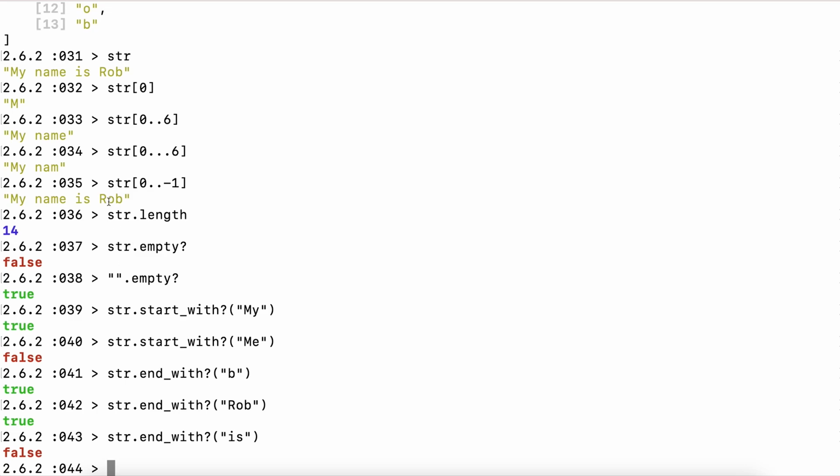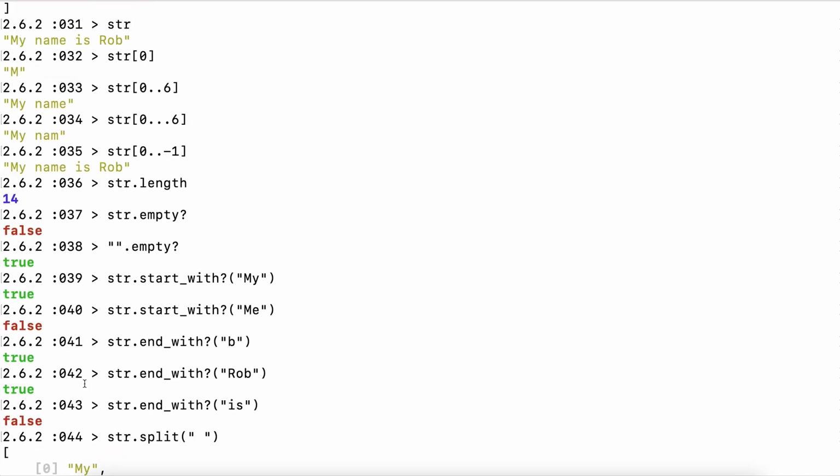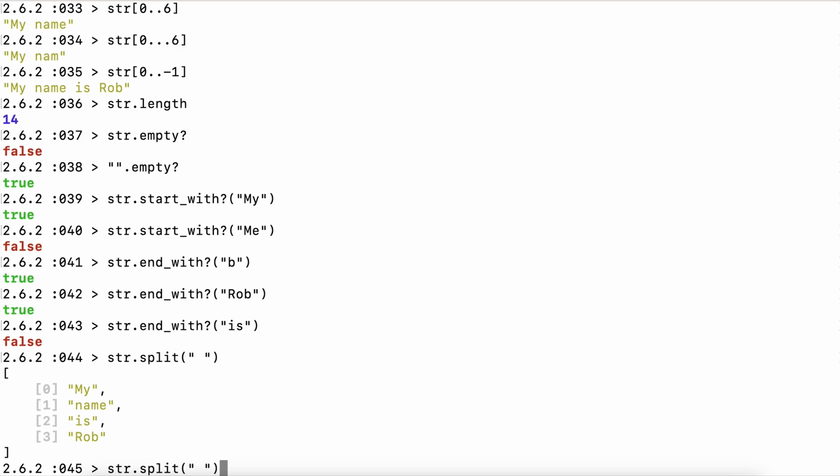We can also split the string into multiple parts by using the split method, str.split, and here we can use any character based on which we want to split the string. For example, if we want to split the string on the basis of space, we can use this space. So you can see that it returns an array in which the first element is my, and then the second is name, and then is, and then rob, because the string is split based on this space, and the space will not be included, right? It returns